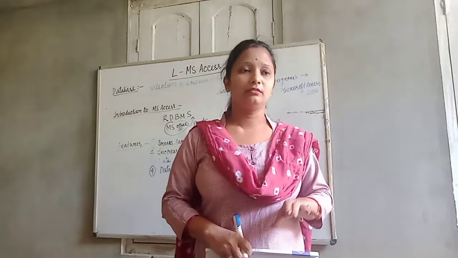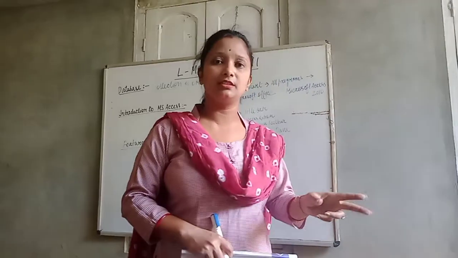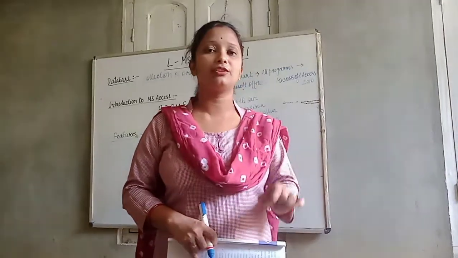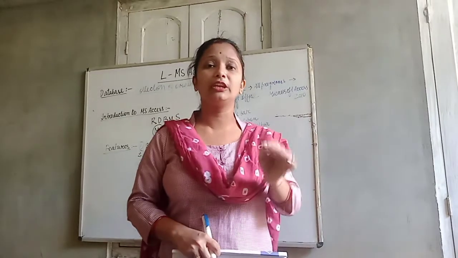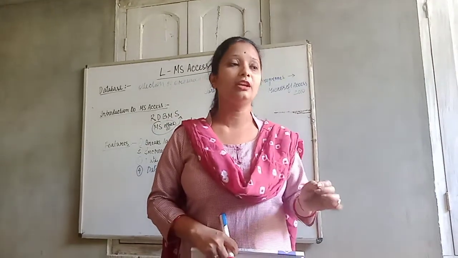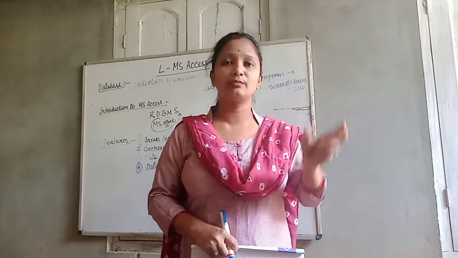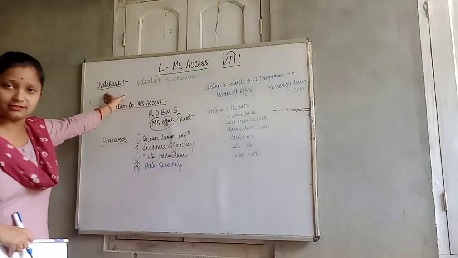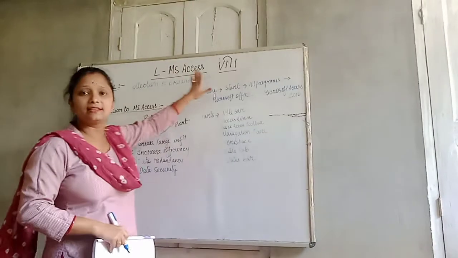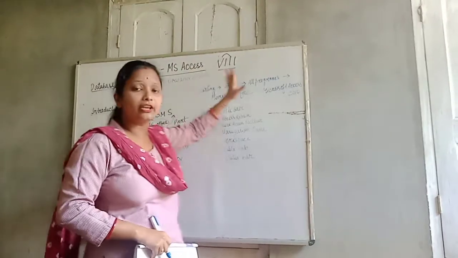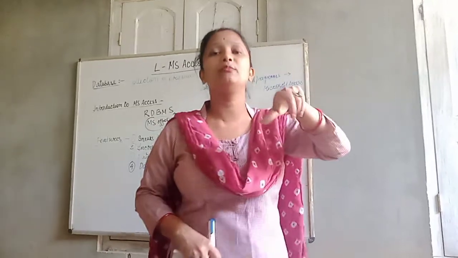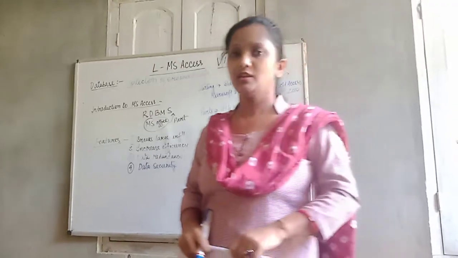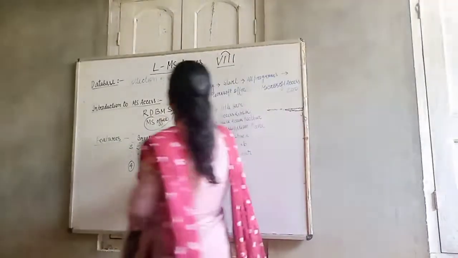When you are writing, there are two ways. You can write it or you can calculate with your calculator and all. But if you are doing it in a website or in a software, that will be easier for you. Automatically it will be calculated. So what is actually a database? It is a collection of organized data. Suppose the list of names of the students of your class. So it is a collection of organized data.